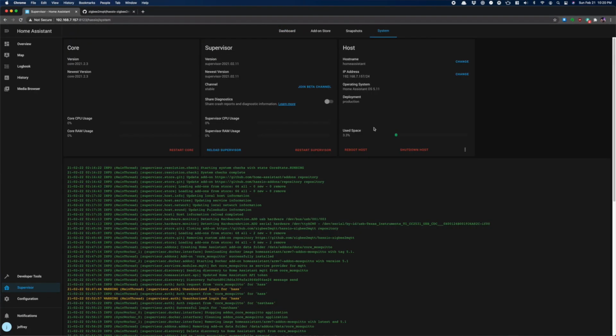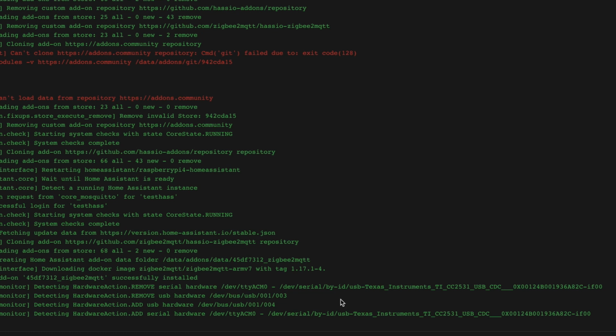This time we click System and we scroll down to the bottom. Here you can see where I removed and re-added my 2531. Grab the address. Either of these will work. This one is probably the better of the two just because it won't change if you move USB devices around, and the other might change. Copy the device address,